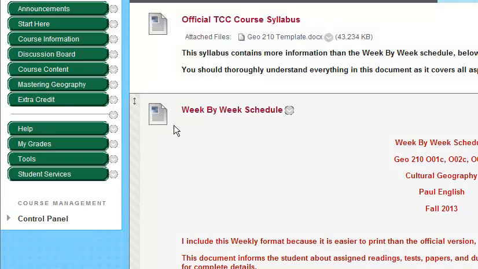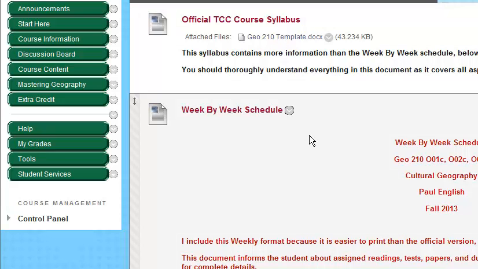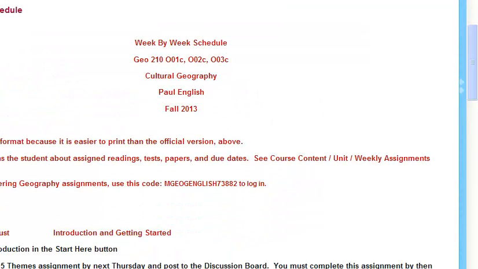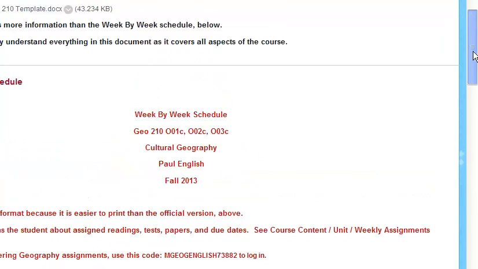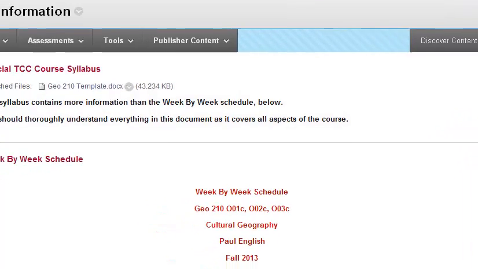And then this next document, this week-by-week schedule, there's no information here that's not included up here in the syllabus. It's just easier to print right here. And so you can see that this schedule would be the same information that is included up here in the official syllabus.